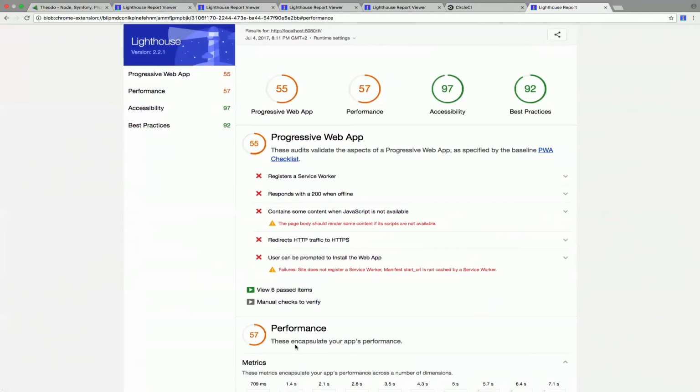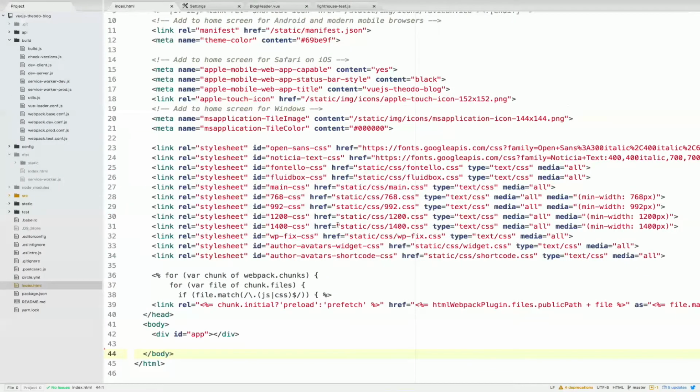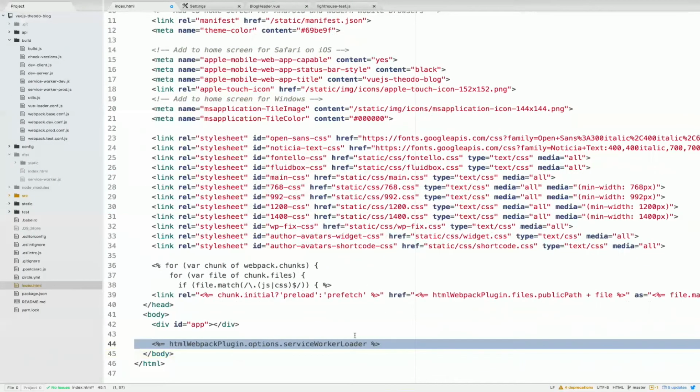Okay, we'll try to improve this score. So I'm going to my app. I will just add a service worker. I'm not going into details about what this service worker is doing, but quickly it's just a really basic service worker generated by SW Precache and included with Webpack.